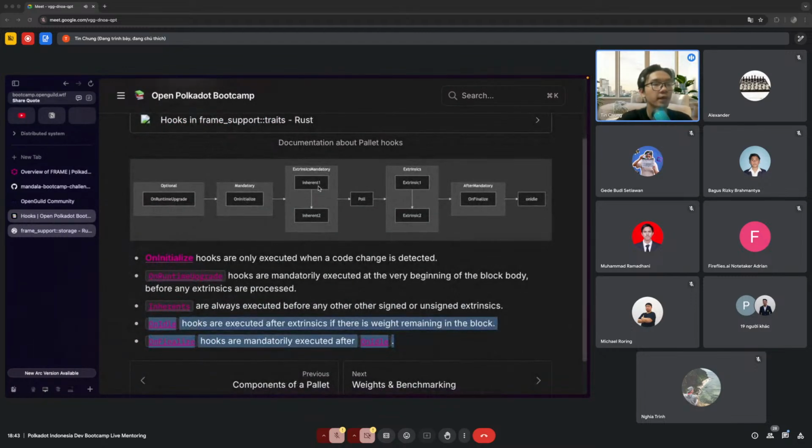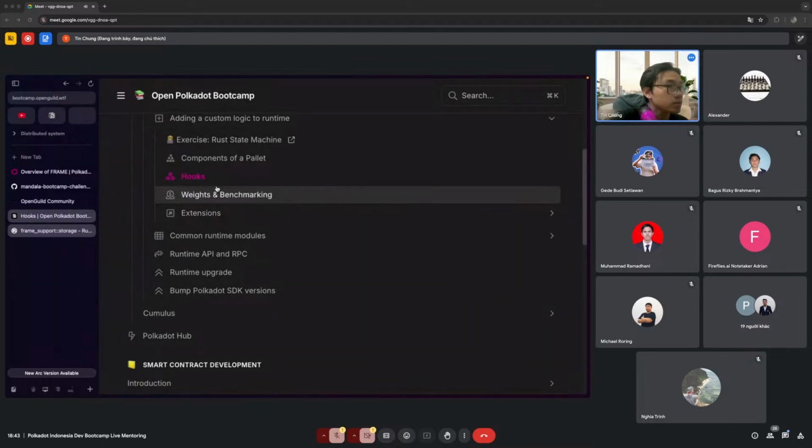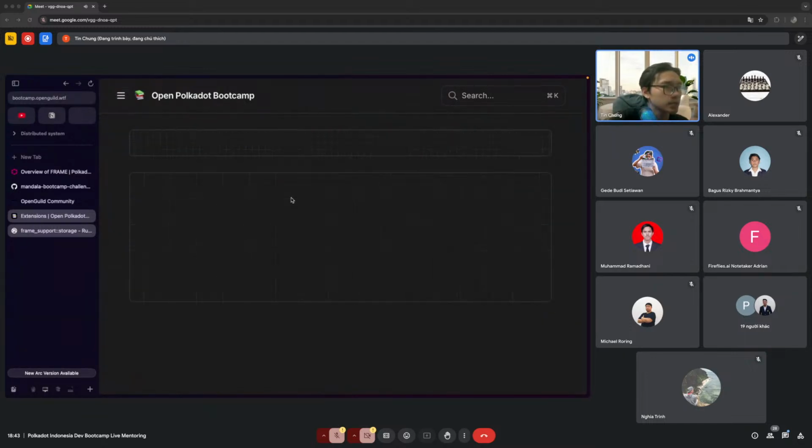But the tip here would be: don't try to use hooks all the time, because a hook has a limited time span to execute its logic. As I remember, I also have the diagram here.